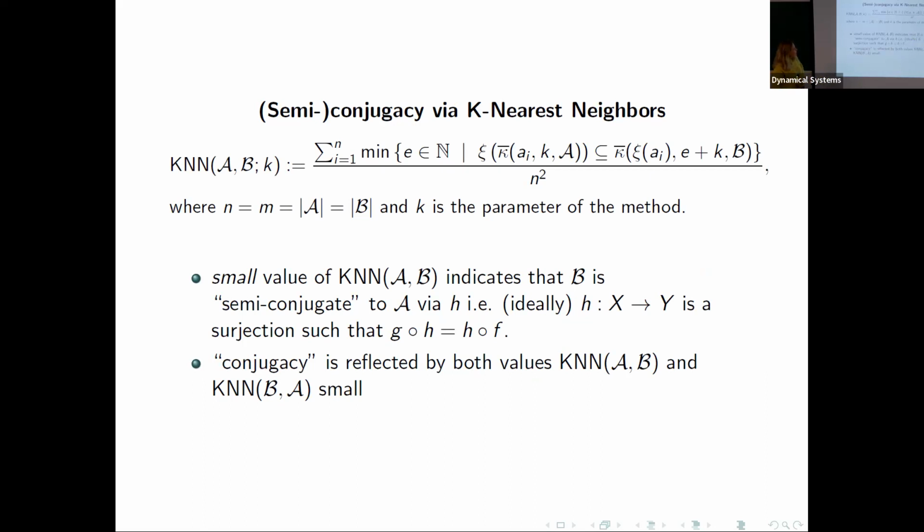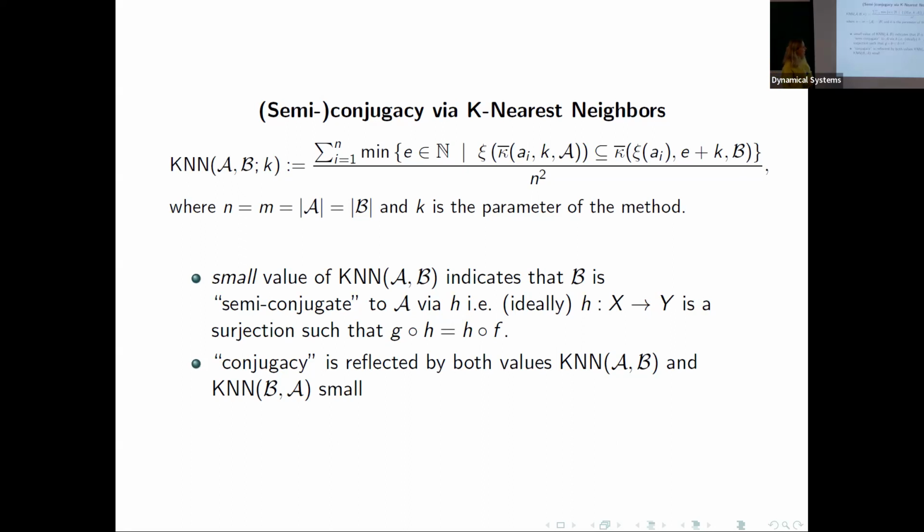We add it and, let's say, divide it, and in this way we obtain a sort of similarity of A versus B. So this formula says what I just told about. And as you may notice, this measure is in general not symmetrical. I mean, calculating it for B versus A may give you a different number. And heuristically, because this is not exactly true, but let's say conjugacy is